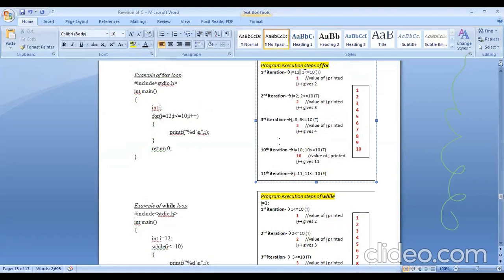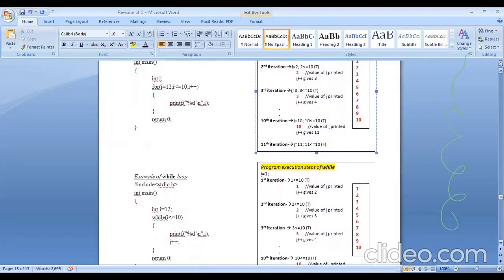Now, is 12 less than equal to 10? No, this is not true. Therefore, you cannot get inside, and the statements inside the body will never be executed. This is the same for while also. Only if the condition is true, only then you can get inside the body. Even in here, if you take I to be 12, is 12 less than equal to 10?